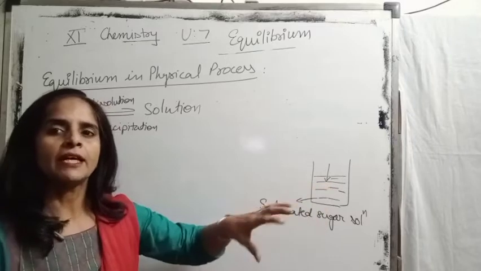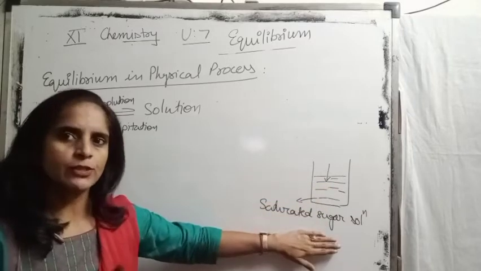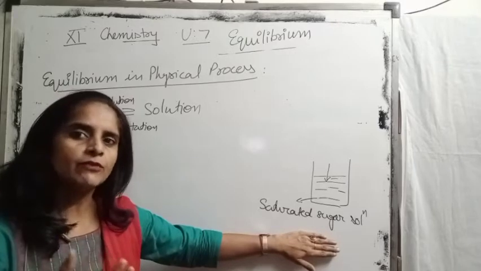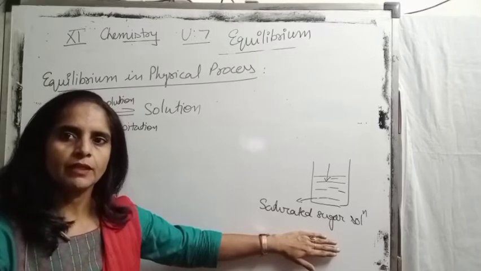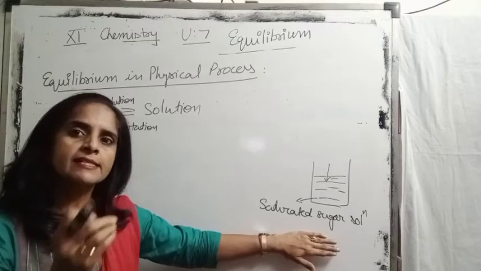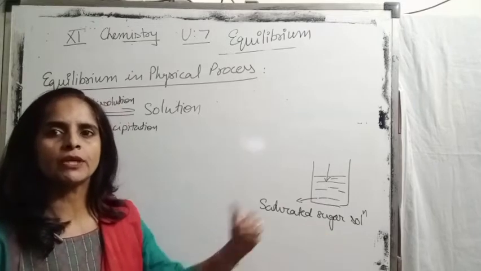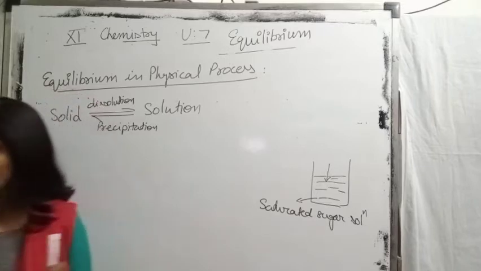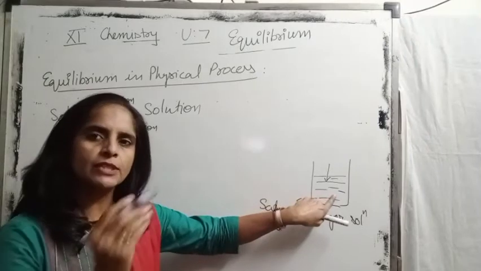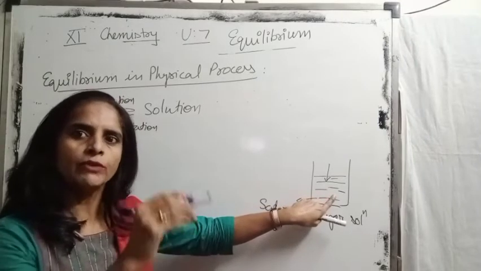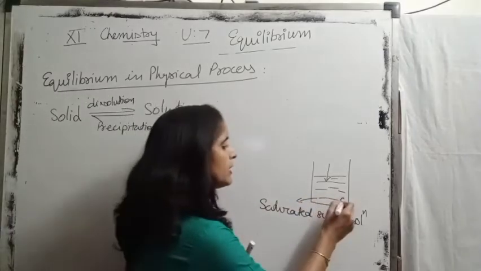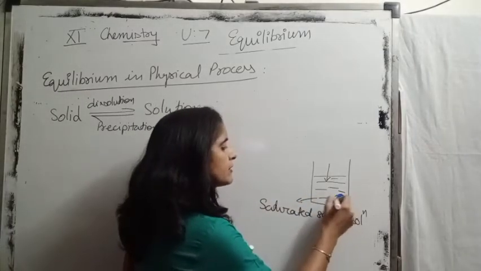Very simple. After this stage, when the saturated sugar solution is ready and we observe that we cannot dissolve the sugar, at this point add some amount of radioactive sugar into this saturated sugar solution. Before this we took ordinary sugar, now we are adding radioactive sugar. So what happens? The radioactive sugar started settling down.